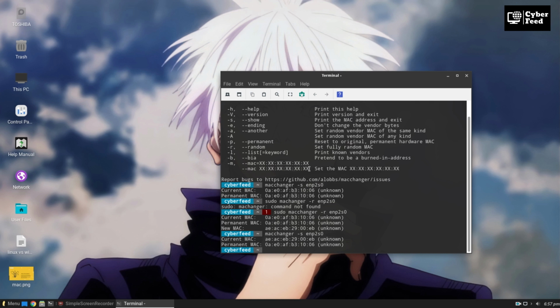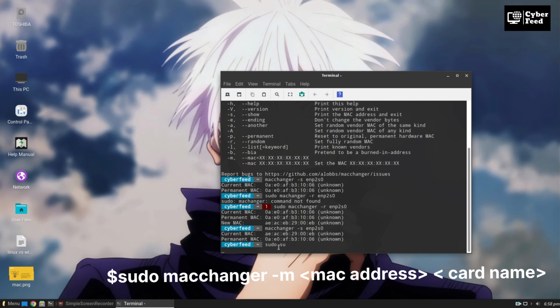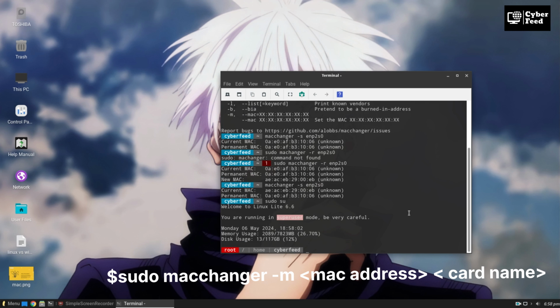You can also set a MAC address manually. So let's see how you can set that. You need sudo permission for that. So let's log in into root. After that we can change our MAC address by macchanger -m. Then you can type any MAC address like